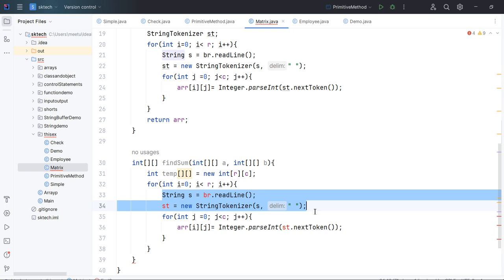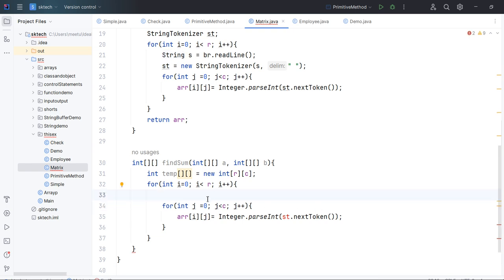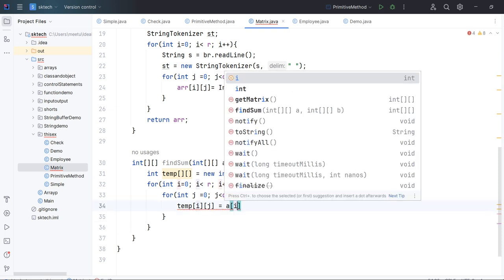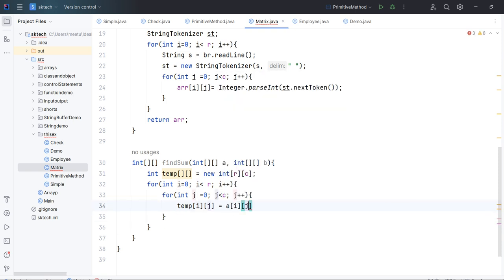So what we need to do here is take the two-dimensional arrays, and inside that perform the operation and store into the temporary array. How can we do it? We can write something like temporary array i of j value will become a of i j value plus b of i and j value.